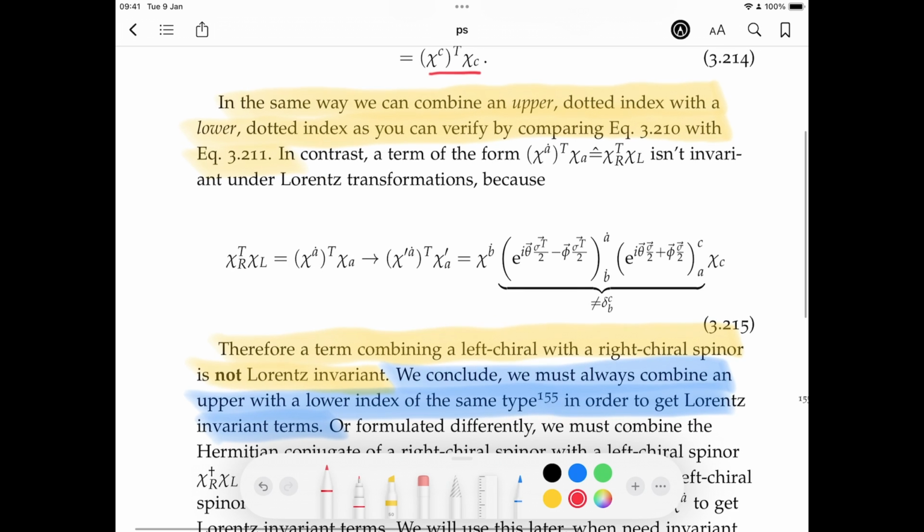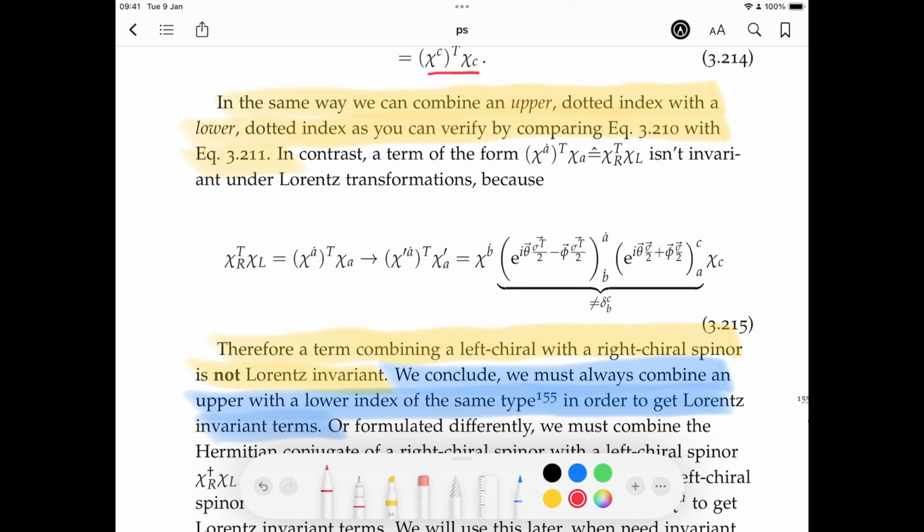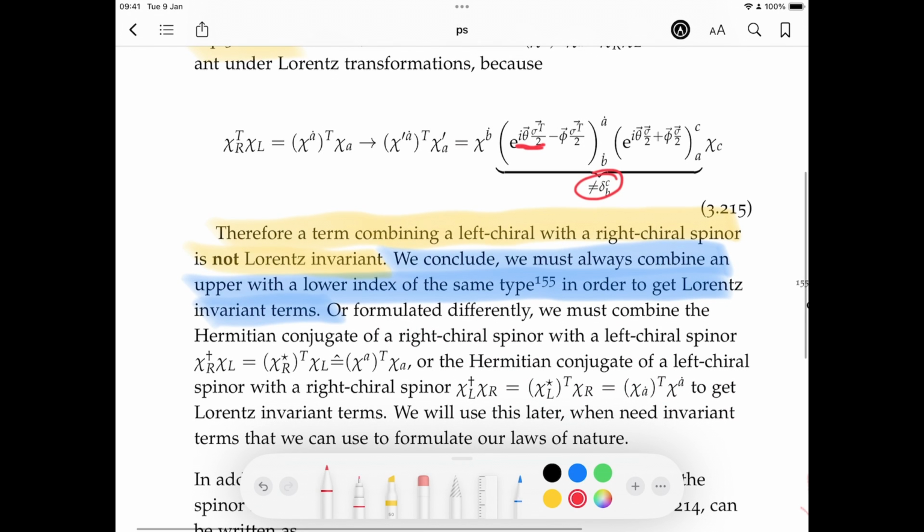Here he just says that if you had forgotten about the conjugation and just combined the right chiral spinor with the left one, we won't have the minus sign here, and because of that, we won't have the identity matrix here, so we won't be able to get the invariants. Therefore, we cannot just combine left chiral and right chiral spinors, because the term won't be Lorentz invariant. To conclude, we must always combine an upper with a lower index of the same type